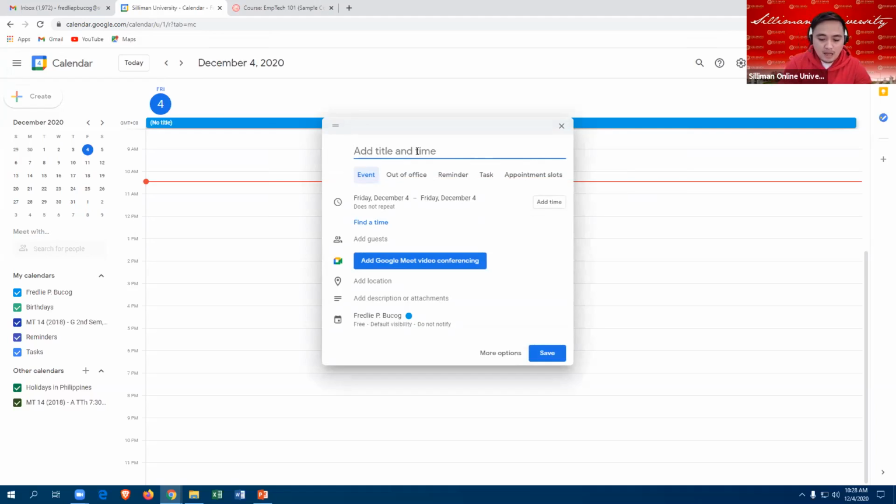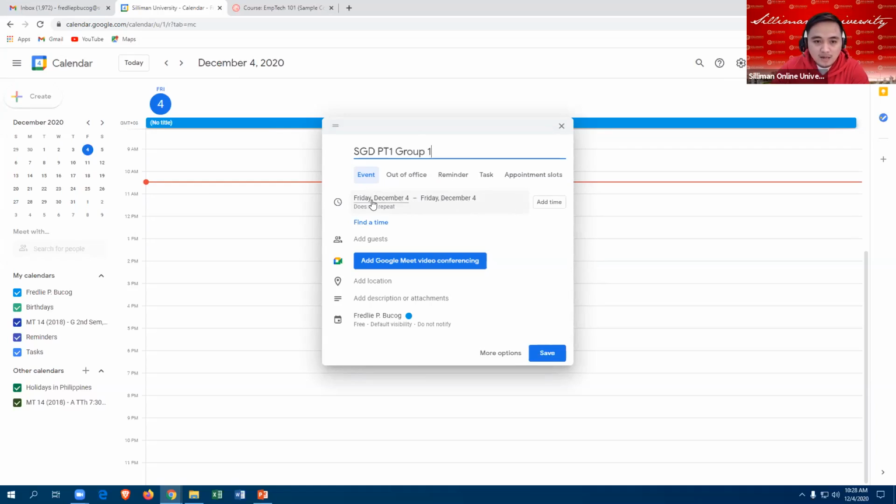For example, this is SGD PT1 Group 1. You can spell it out. And then you can now have the date and time.